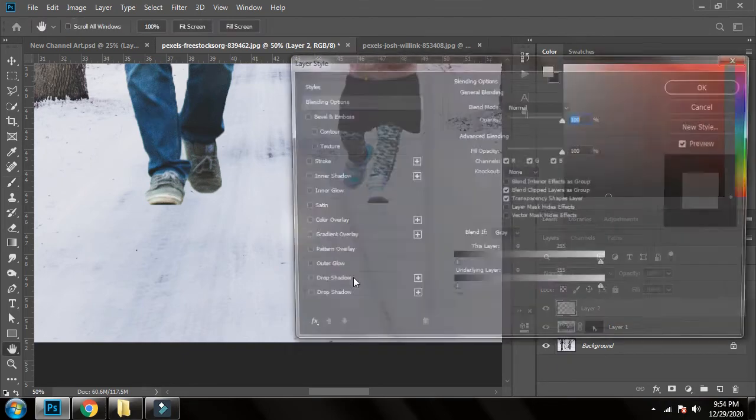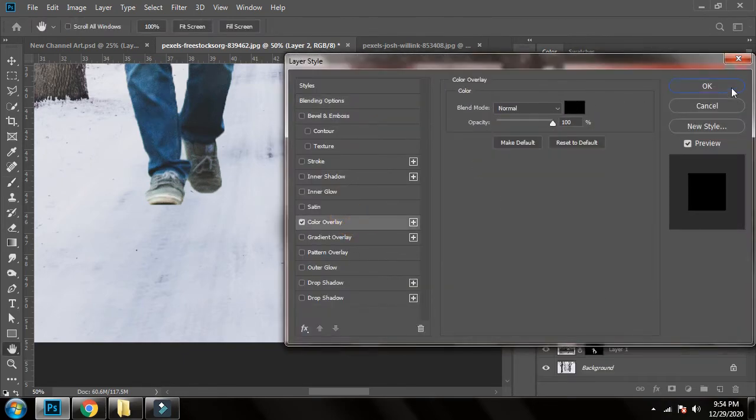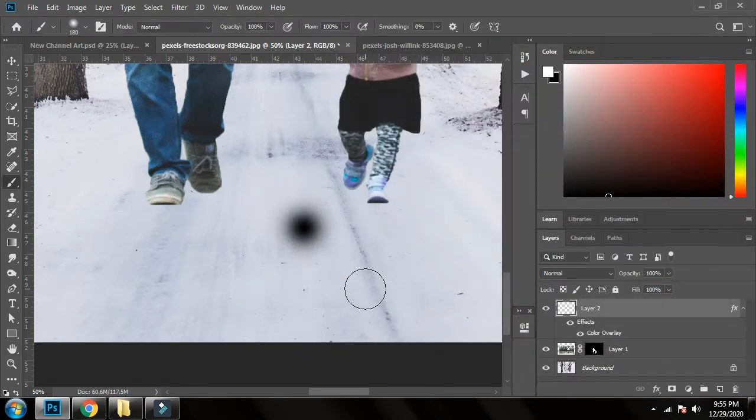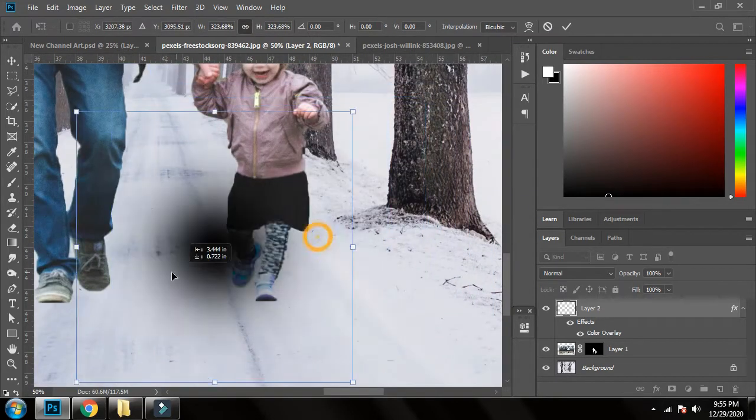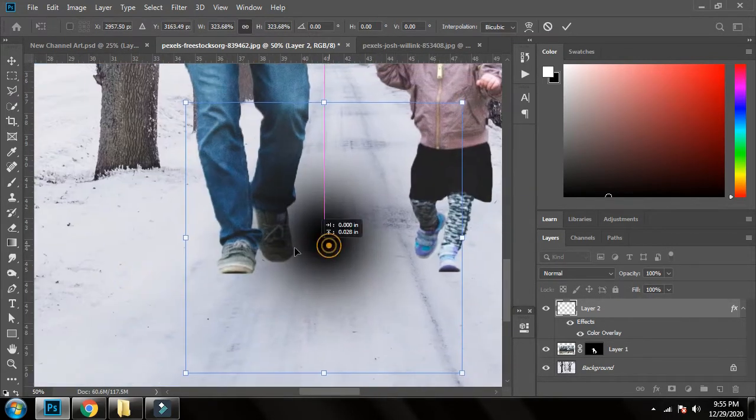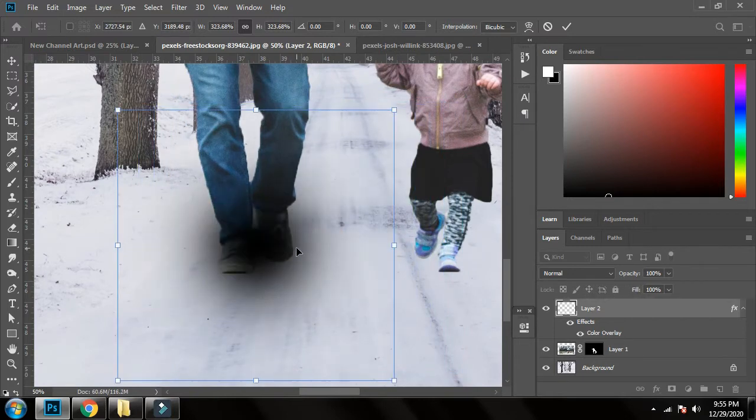Here it is. I will resize the brush so that it fits under the feet of the man.